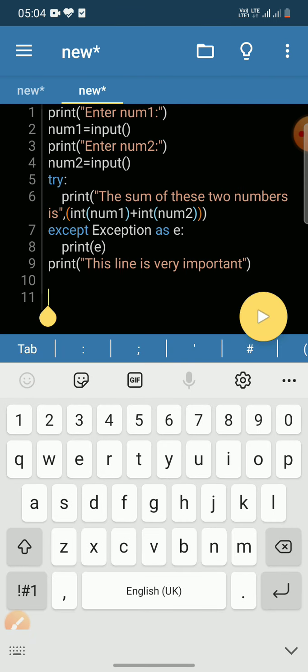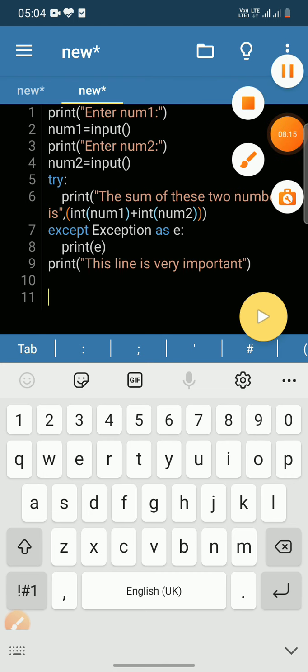That is all about try and except functions. Try and except functions are used to run a program after an error. Okay, so thank you for